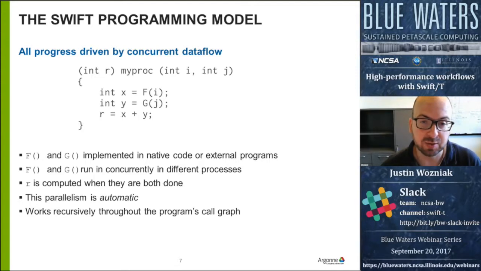So the programming language looks a little bit like this. Here's an example. This is a function called myproc. It has 2 arguments and 1 return value. And then it's going to call into 2 other functions. It's not specified what F and G are, but they could be anything. They could be other Swift code. They could be calls into shell commands. They could be calls into some Python code. Who knows? But the point is that when Swift enters this function, all 3 of the lines of this body